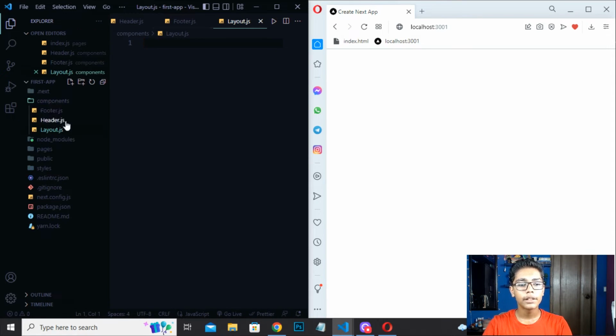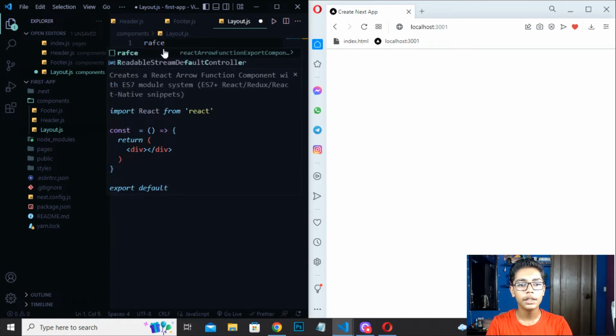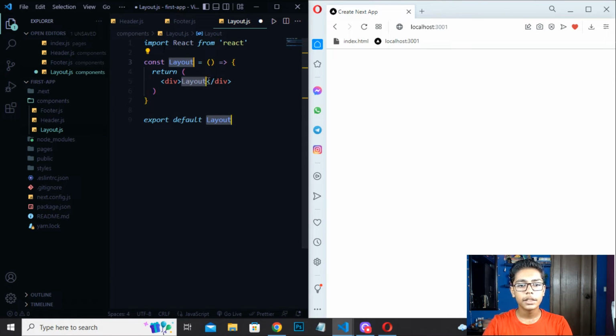Now when you have pressed enter, you have to go to this layout.js file and paste what you have copied. But before that you have to write a shortcut called RAFCE and press enter. Like I told you in the starting, you have to download the extension, and from that extension you can work with this. Now I will be moving down here, and you have to write an h1 tag here.